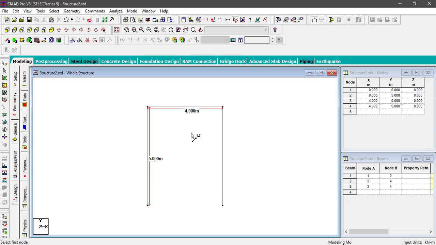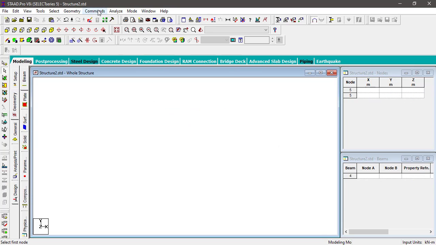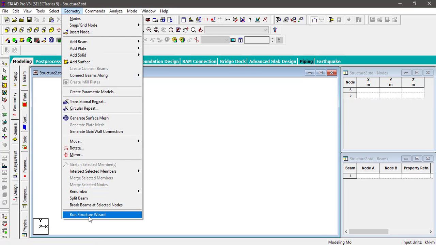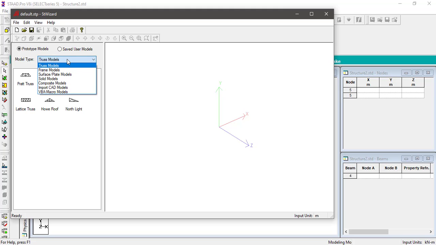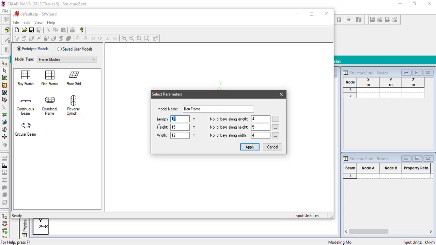We have another option to draw this, just by using the structure wizard. If I remove this, I will go to geometry, run structure wizard. Here I have to select frame models, bare frame. It will have a length of 4 meter, height of 5 meter.